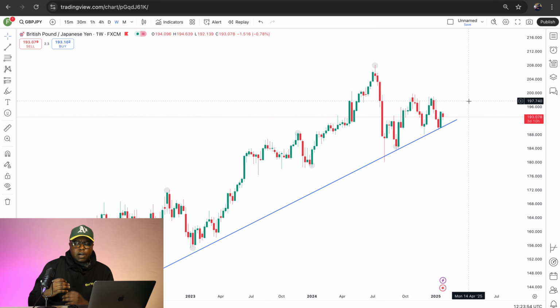So I get to have so many messages both on my WhatsApp and also my Instagram, people asking me, how do you actually draw your support and resistance or trend lines? Do you use the wick, or should you consider the body? The answer that I give to all my students and everyone that comes to me is that